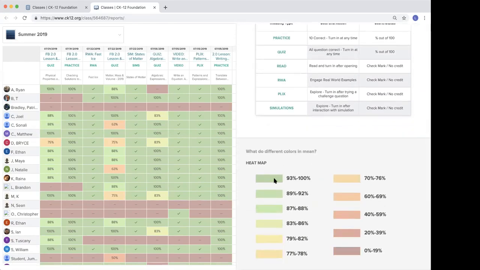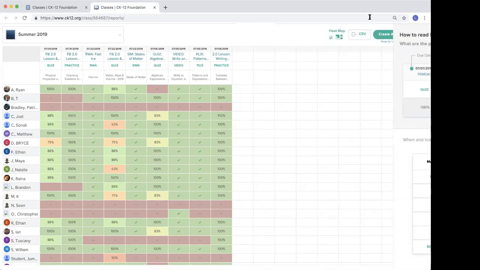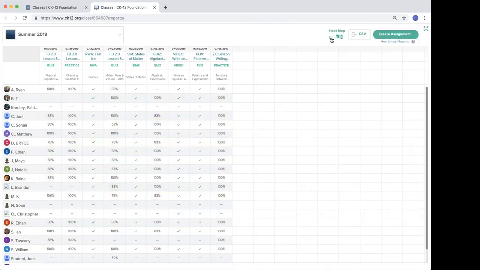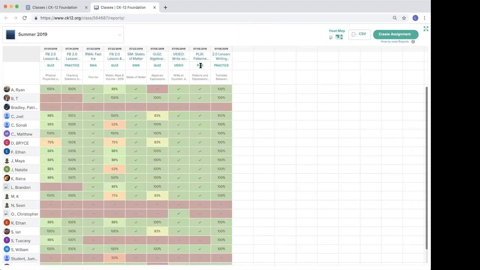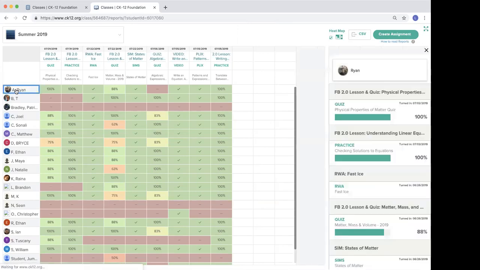And then it talks to you about what the percentages correlate to in the way of colors for your heat map. If you are not a fan of the heat map, you have the option to turn it off if you prefer to look at just the score without any color coding. Some other really neat things about this view is that if I wanted to see how Ryan's doing, I'm going